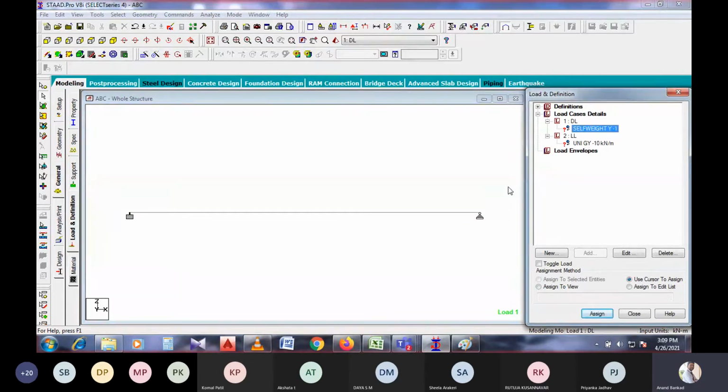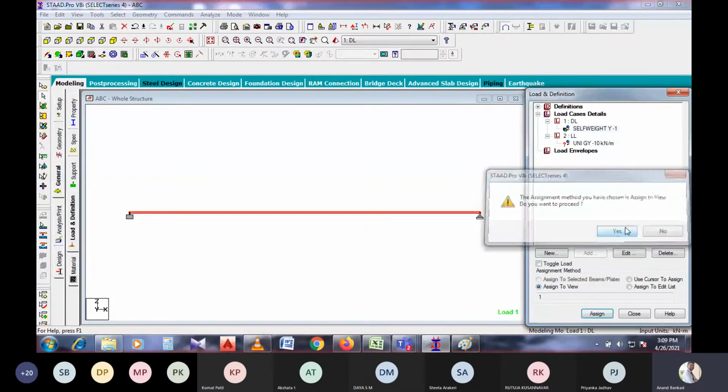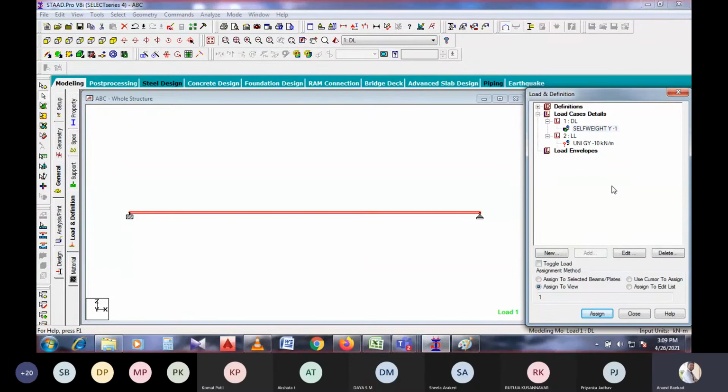I will select this and assign to view, because the self weight of the beam will be considered. That is why I am assigning it to the whole structure. Assign, then click yes. Now it is assigned.